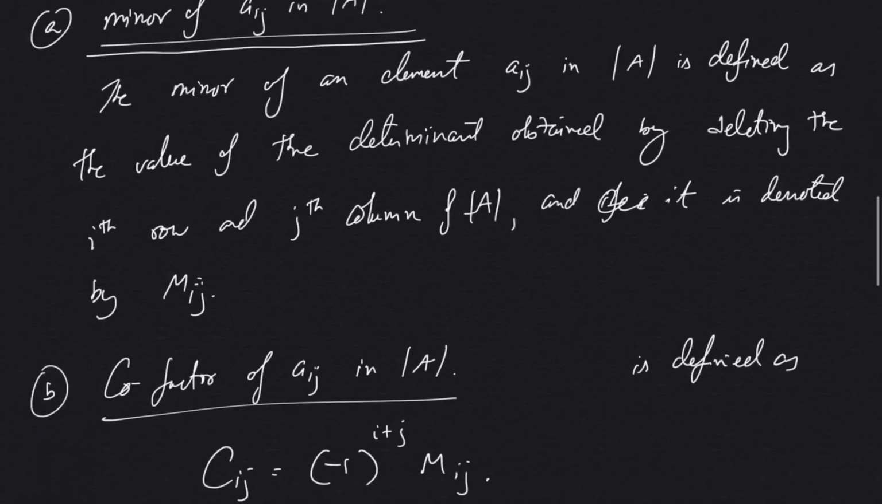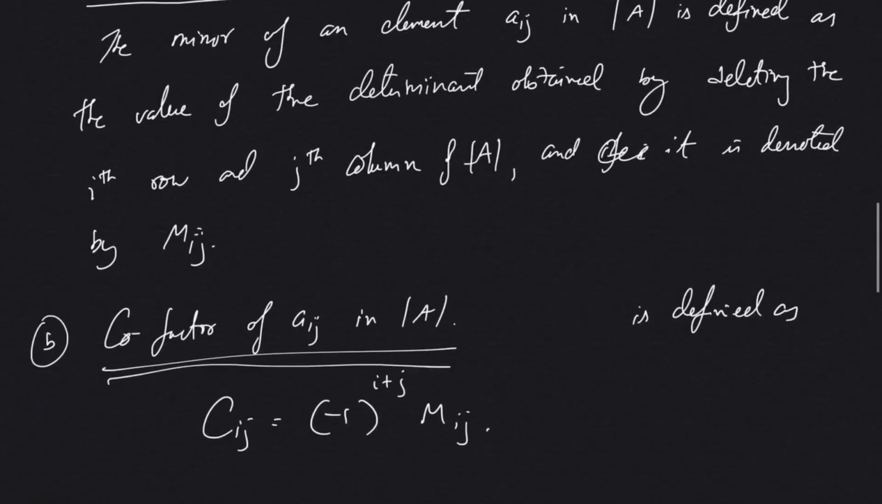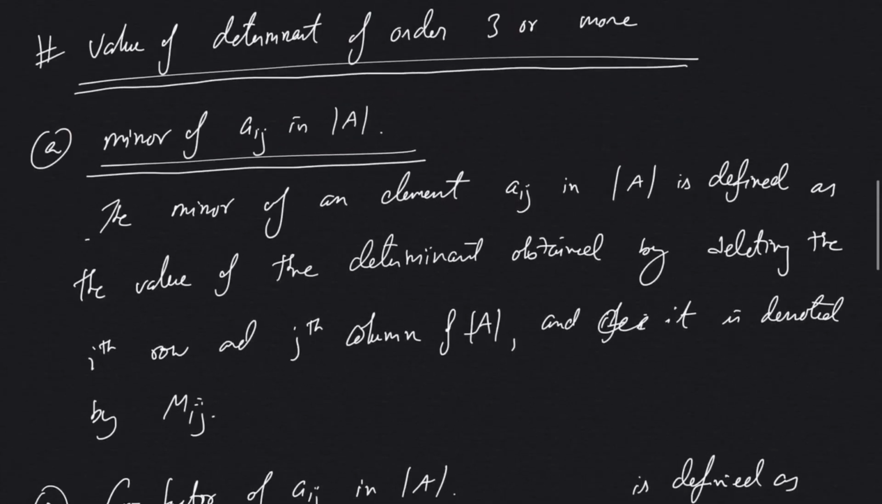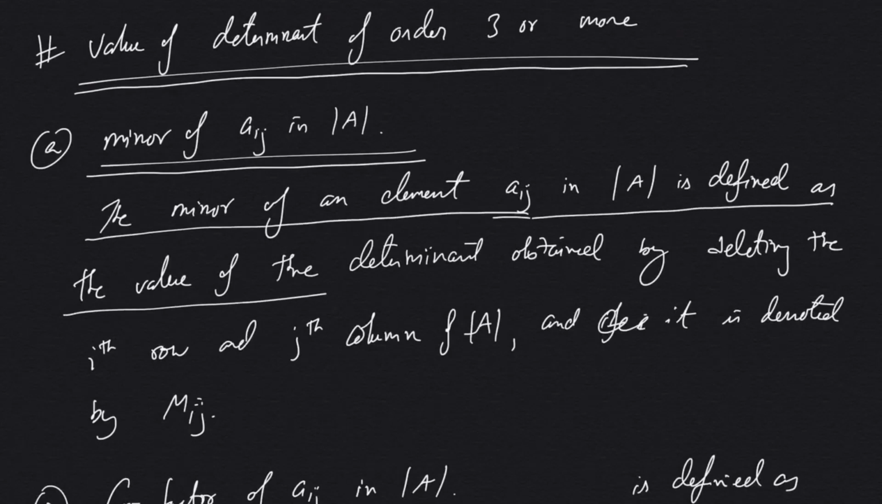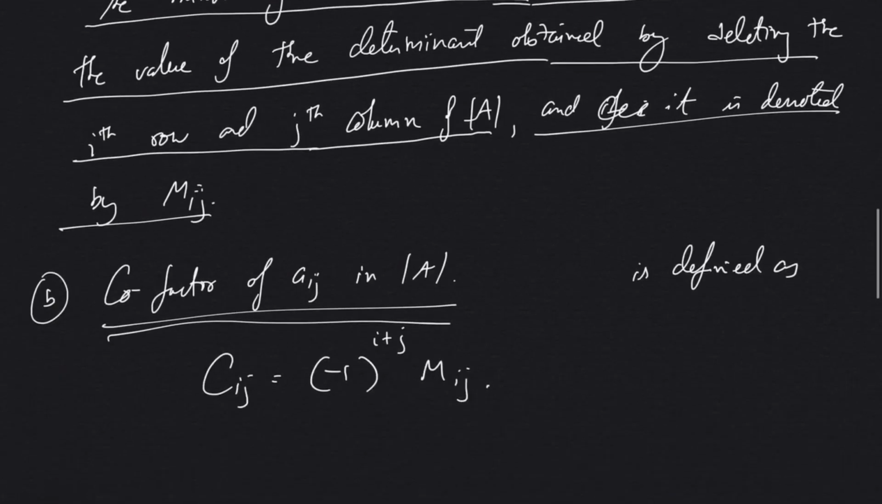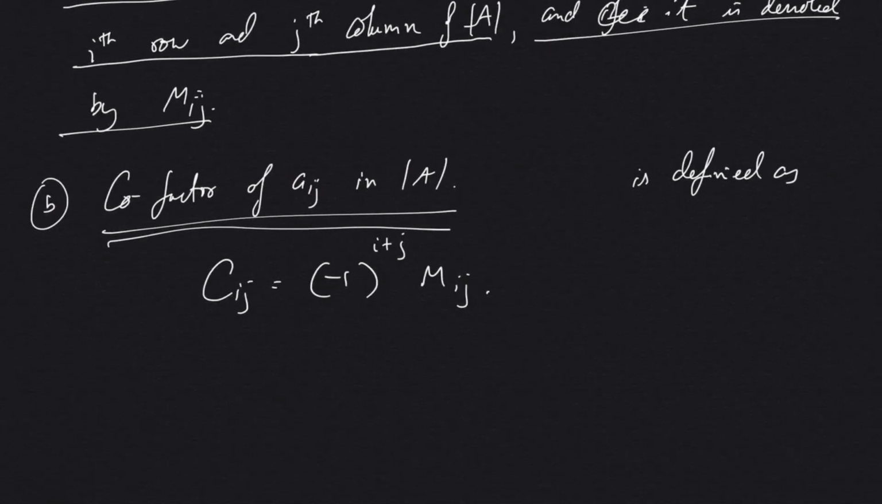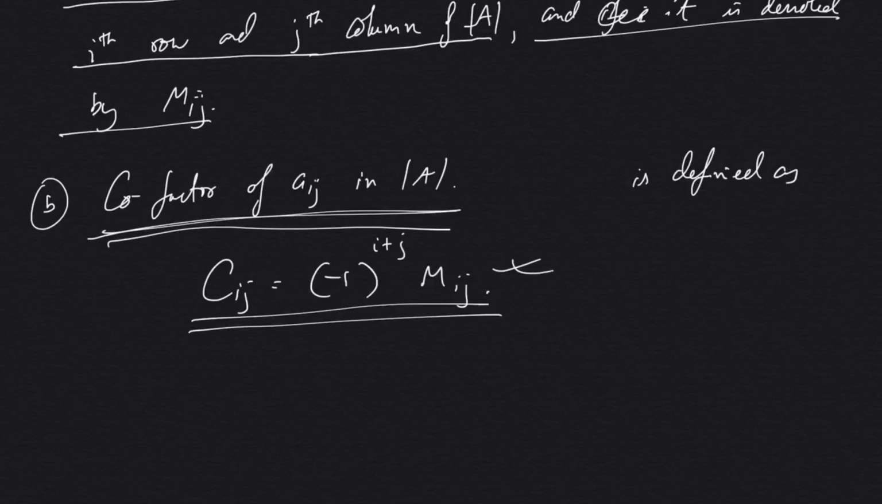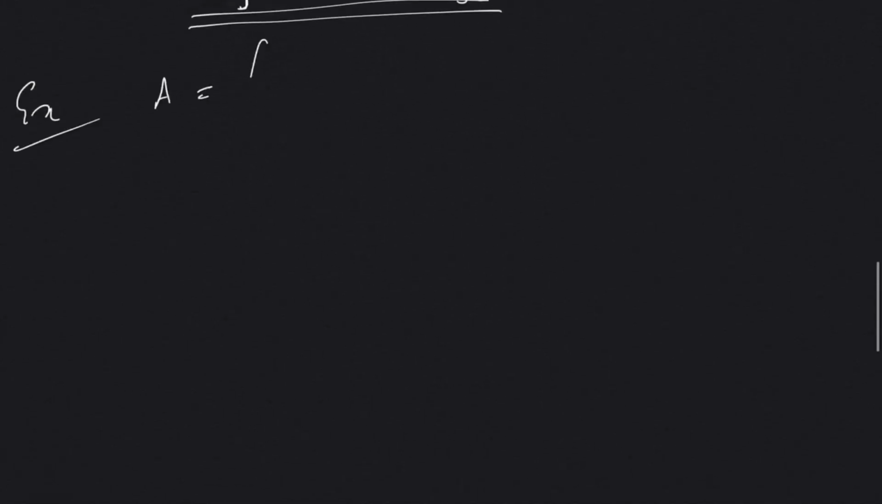One is the minor of an element in the determinant of A, and the other is the cofactor of the element in the determinant of A. The minor of an element in a matrix A is defined as the value of the determinant obtained by deleting the ith row and jth column of determinant of A, and it is denoted by capital M I J. This will be very clear when we do some examples, and cofactor will be simply denoted by this value, where I and J denote the ith row and the jth column for which you are trying to solve. Now for example,